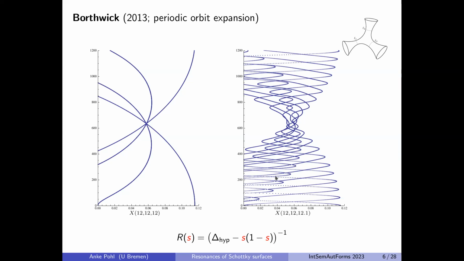Here on the right-hand side, you also see the resonances of a Schottky surface of this type up here, but this time one of the funnel widths is slightly longer. But also here you see a lot of structure which was highly unexpected, something which I will address later on. Note that these pictures at the moment end at 0, but the set of resonances does not end there. It goes up to minus infinity for the real part. There is an issue with the numerics which is used behind that.